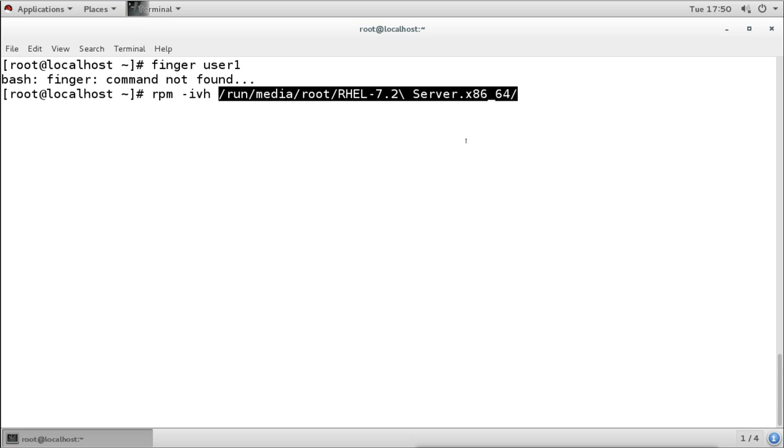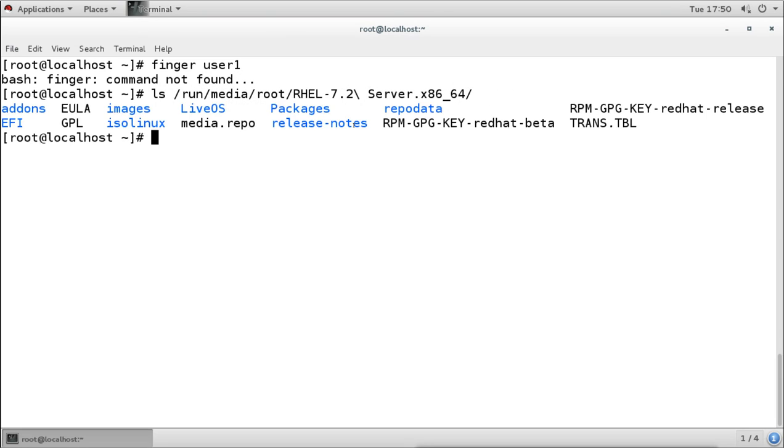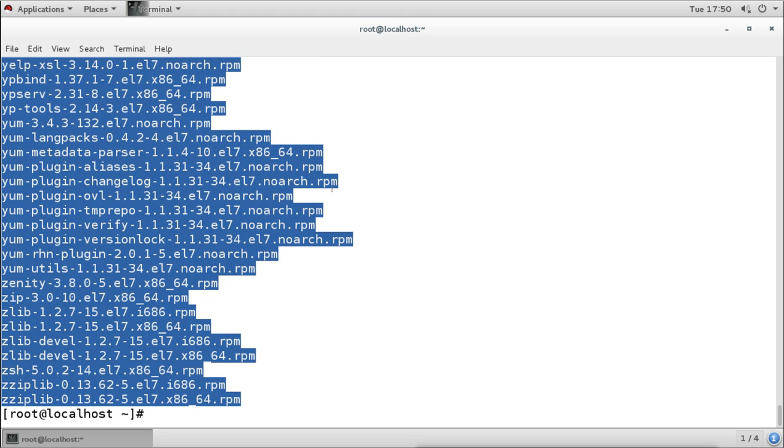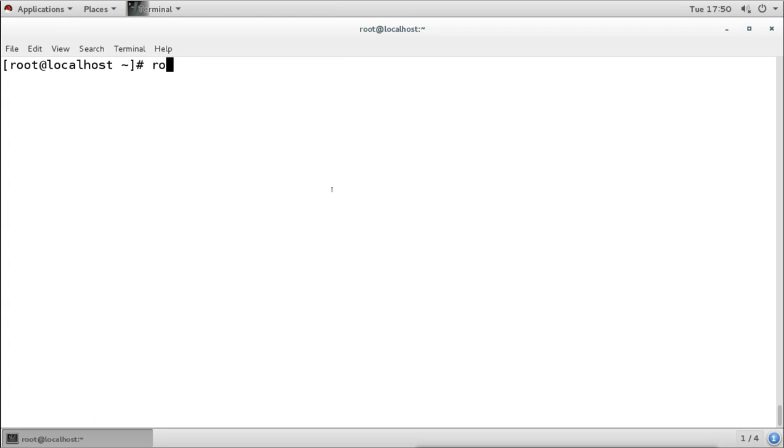Now under this, let me show you first. With the ls command, we see all the files and directories here, and this is the Packages directory which contains all the packages. When I list this directory, we can see all the packages are there. I'm going to install finger, and we can do this using this command.